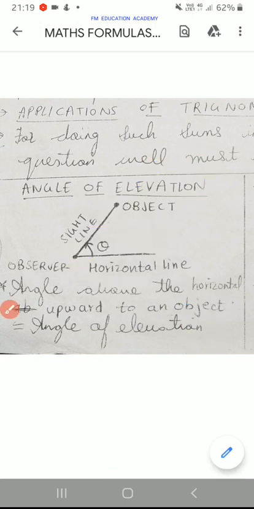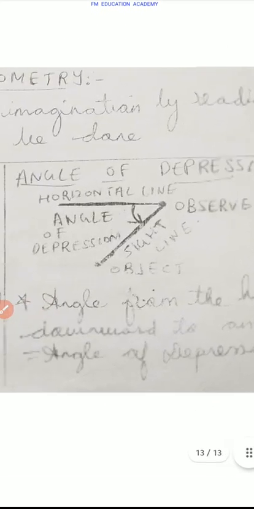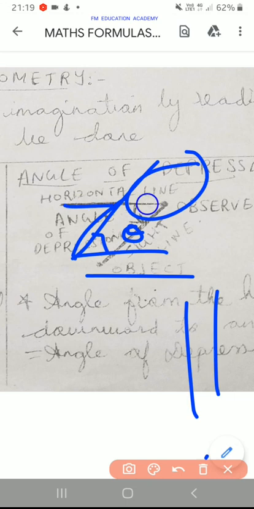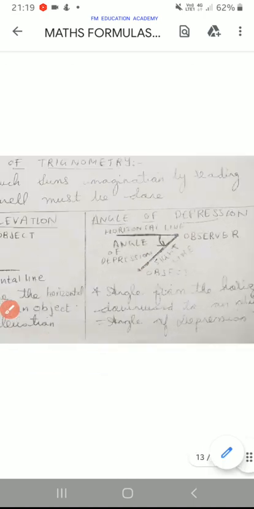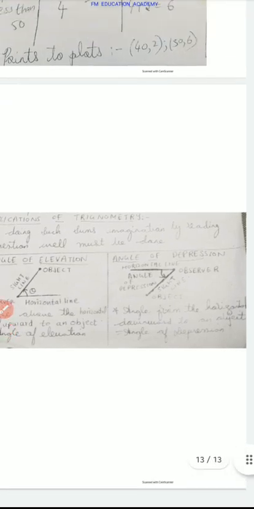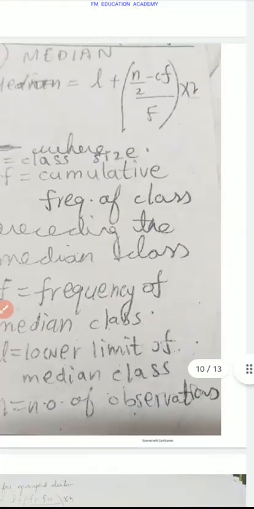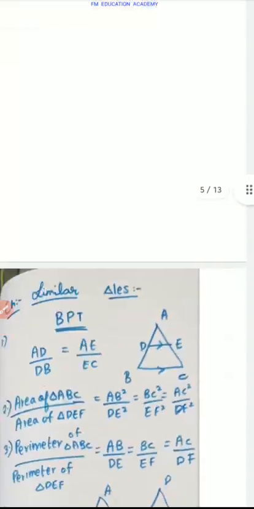Okay, and then we have angle of depression. Angle of depression is the angle which is drawn below the horizontal. So if this is a horizontal, then this is my line of sight and this is my angle of depression. Okay. Tangents and secants also I need to